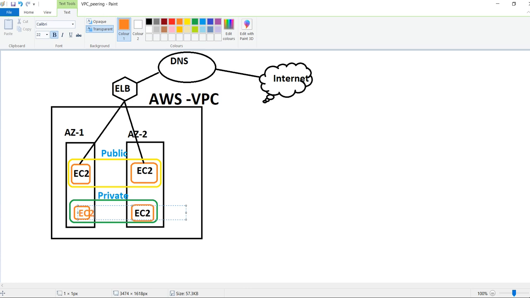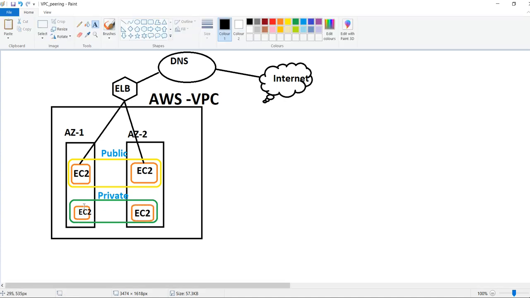Okay, so I now have two more EC2 instances in my two private subnets.